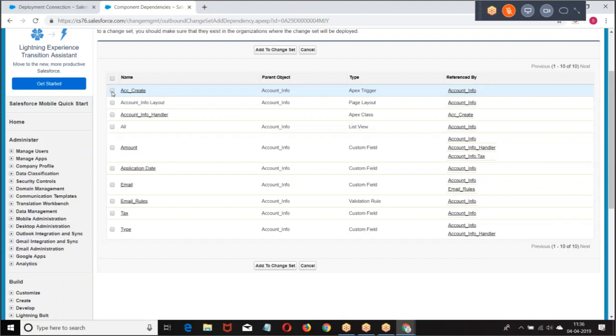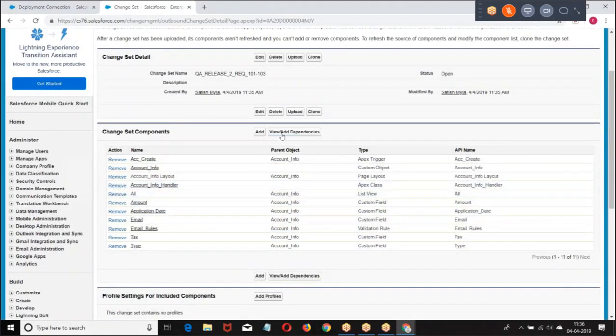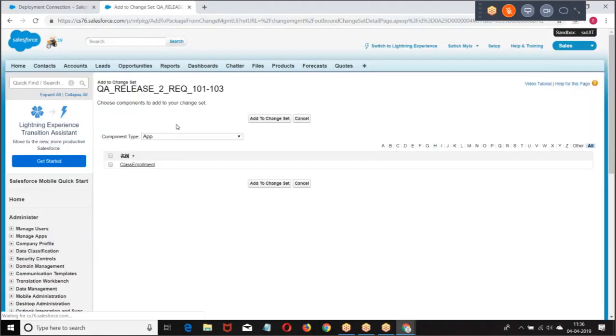Account info, trigger, page layout, Apex class. Every field should be added separately, so triggers, classes, everything we are going to add separately. Then add the test class.